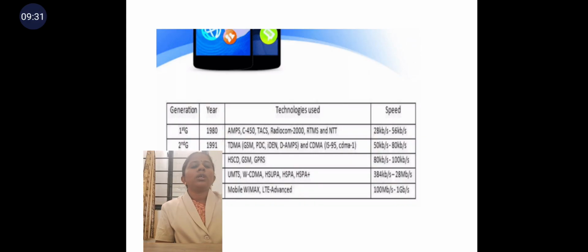And the last generation is the fourth generation. It was established in the year 2011, and the technologies used are mobile WiMAX and LTE Advanced. The data rate is 100 megabits per second to 1 gigabit per second. So these are some ideas about the evolution of mobile networks up to